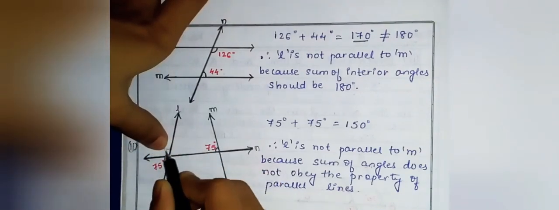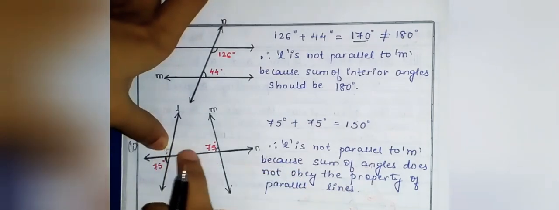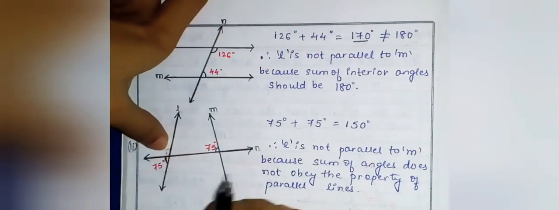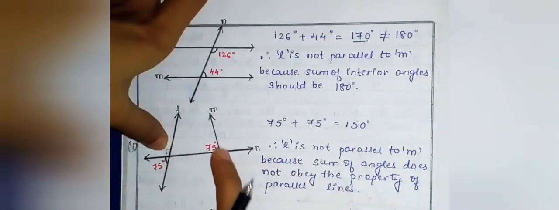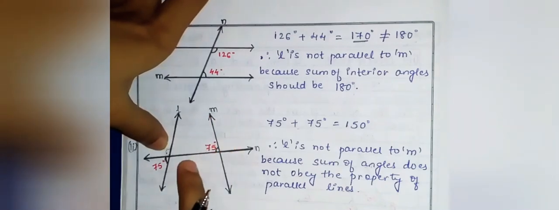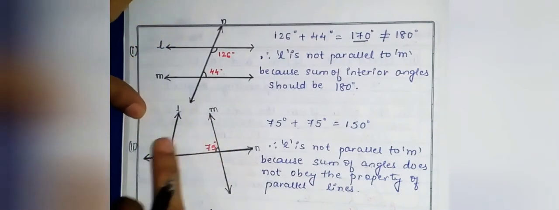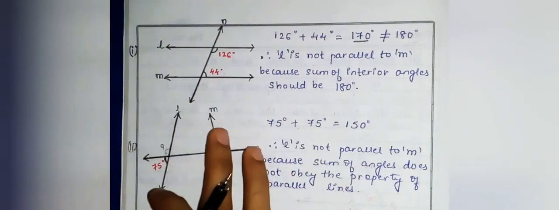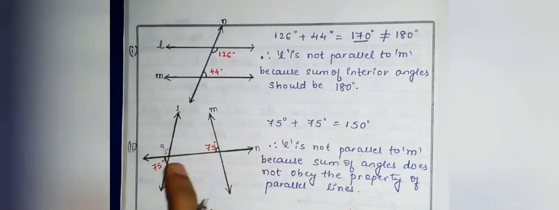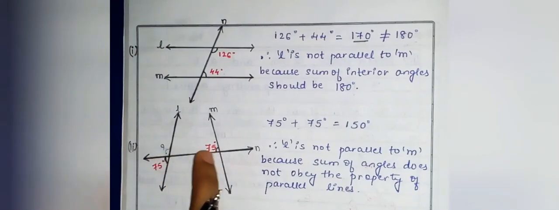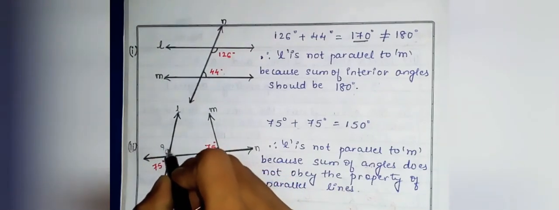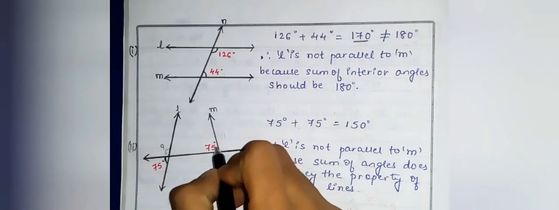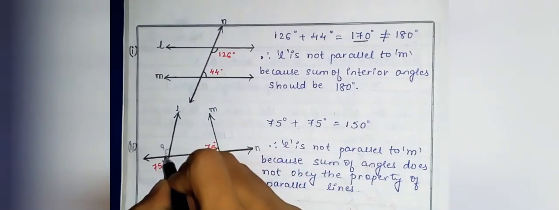Now if you see this angle and this angle, they are lying on the same side. Their position is same. So ये जो angle है और ये जो angle है, दोनों same side पे है. ये भी line के left side पे है और ये भी line के left side पे है. So ये दोनों angle जो है, if the lines are parallel, then these both angles will be corresponding angles. Now corresponding angles are always equal. So this is 75 degree means this is also 75 degree. अगर ये 75 है means ये भी 75 होना चाहिए. This also should be 75 degree.